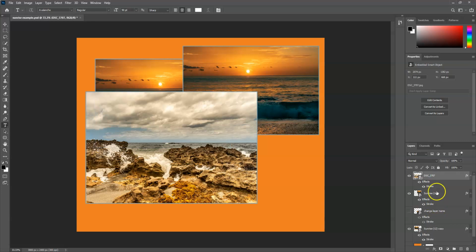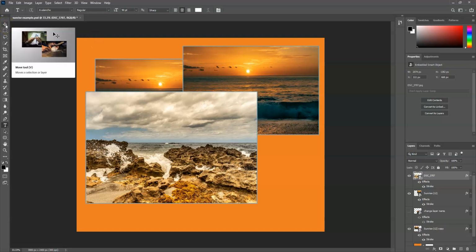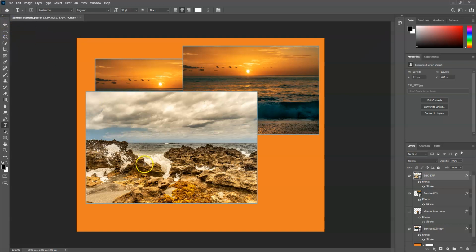Okay, your transformation tool. When we brought these images in, when we use the place embedded function, it's going to bring them in as a smart object. And to tell if it's a smart object, it's going to have this little icon right here. So if we use our move tool, and remember from the last video, the shortcut for that was just the letter V as in victory. You hit your V,